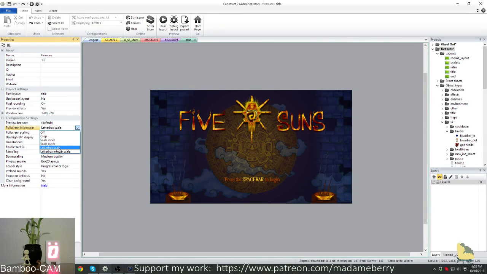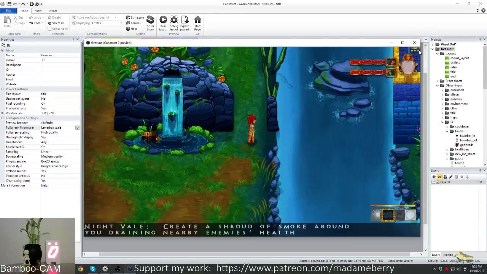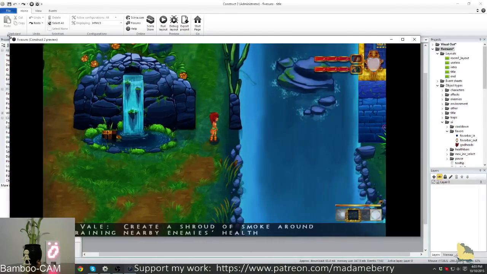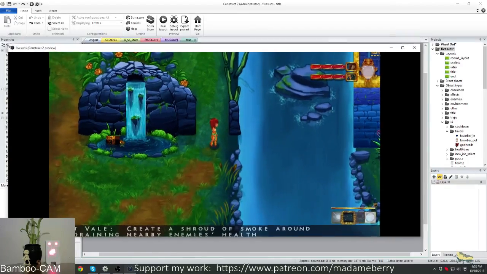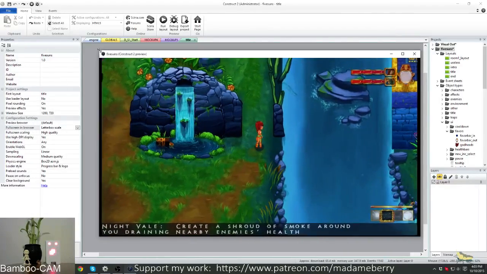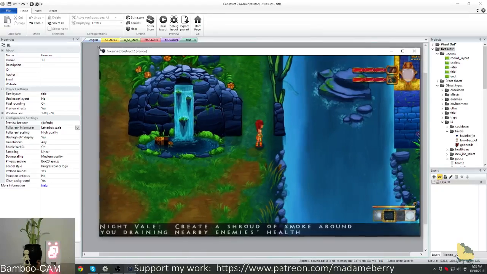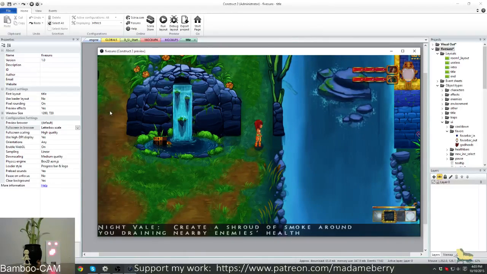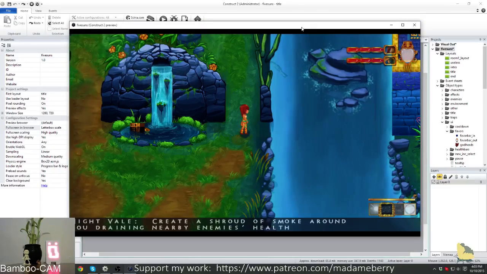And what letterbox scale will do is, if I drag this out of the resolution that it's in, it just puts black bars around it. And then letterbox integer scale will put a bar around the whole thing until it's a multiple of its original resolution. I got a Dragon Ball. So